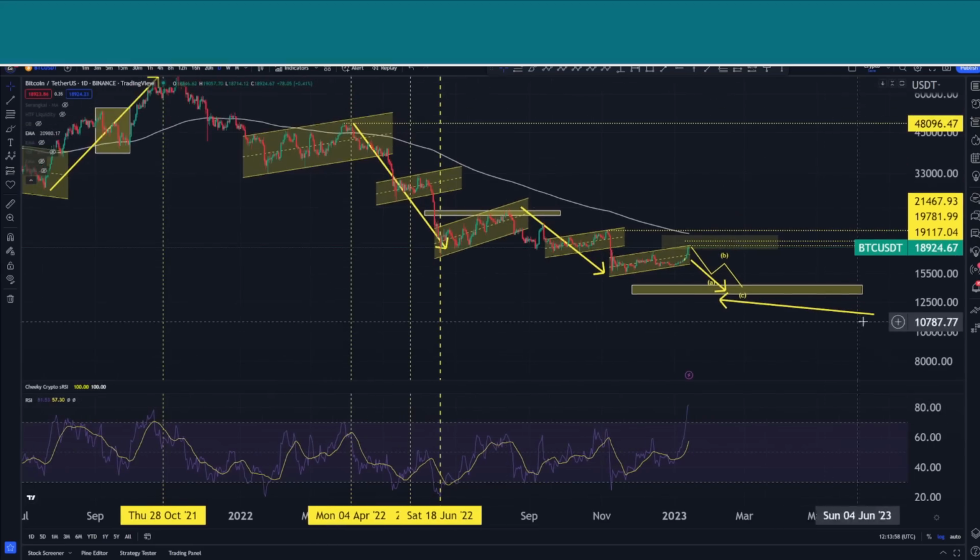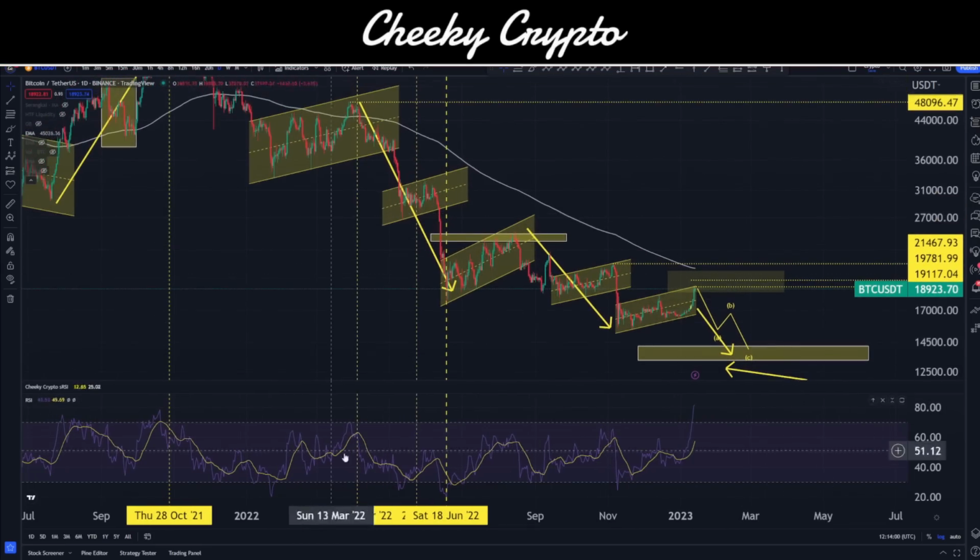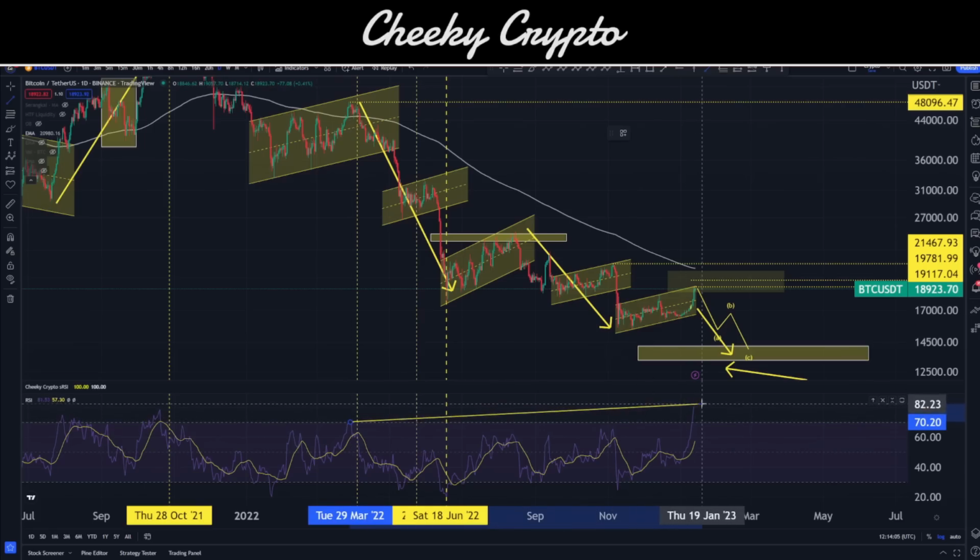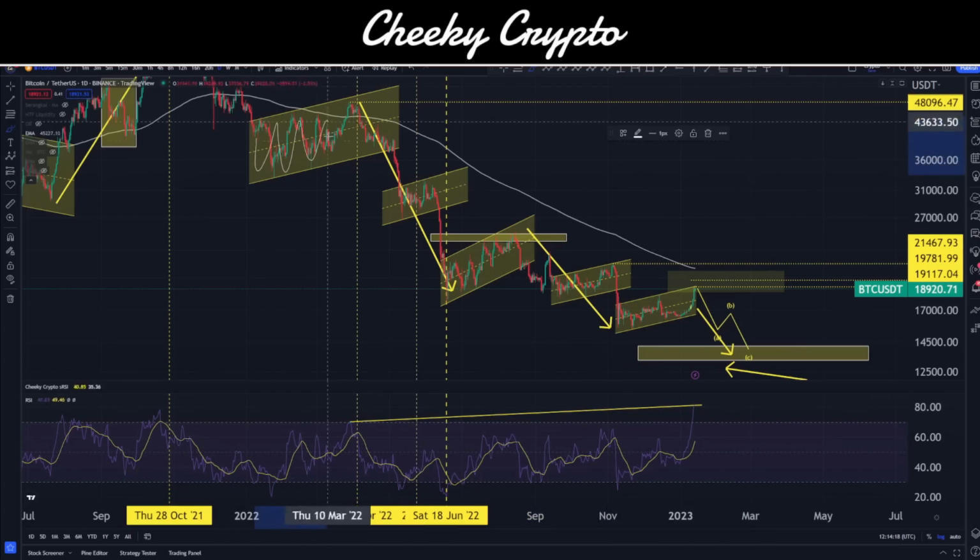We can also see on our relative strength index, if I just pull this down a fraction, our relative strength index was over here. Okay, we have now gone up higher on our relative strength index since this point, in fact. So we can even take it to the all-time high over here, and we are still higher than that on this relative strength index. We all know what happened afterwards, right? So not only were we in the parallel channel during this time, we broke down from it, because that's what happens when you set up higher highs and higher lows, you break downwards, right? But we also were up in this overbought area on the RSI, and it's the same with the stochastics.